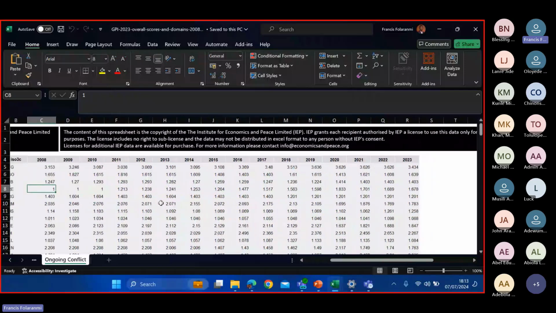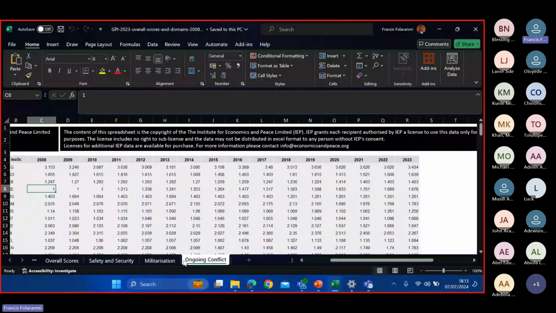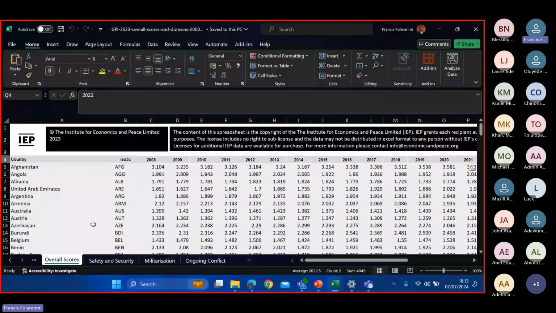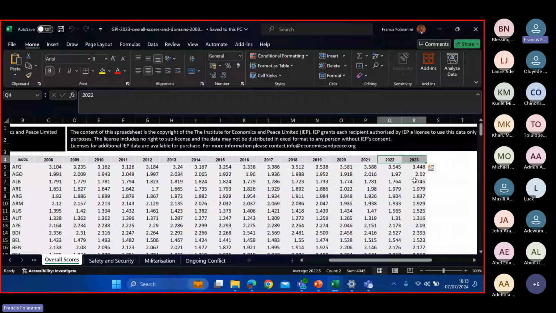So the full data set has about 4 tabs, but we still also have the overall score. So this is the overall score. Then you have the country, you have the safety and security, you have military presence, and then if there is an ongoing conflict. So all these summed together give us the overall score. So we want to know the trend of peace in each of these countries and then where we are going to be. So the latest report now has given us data into 2024 already, which one can painstakingly go there manually and populate since they do not allow you to download the full data sets in a full Excel file like this. So this is what our data sets look like.